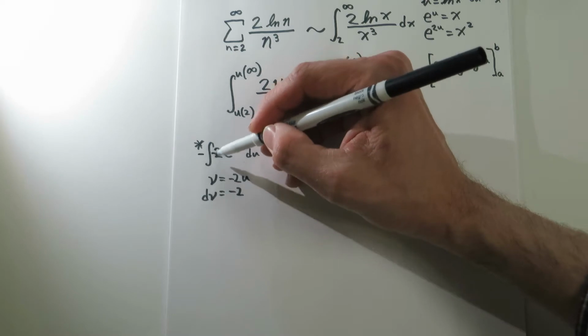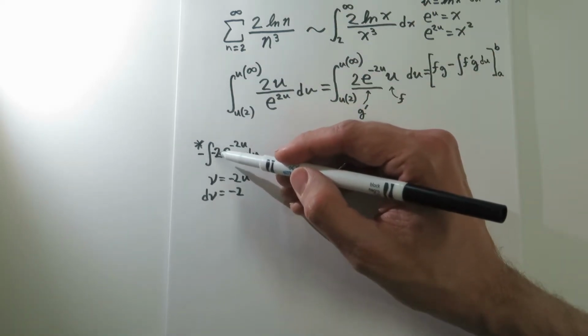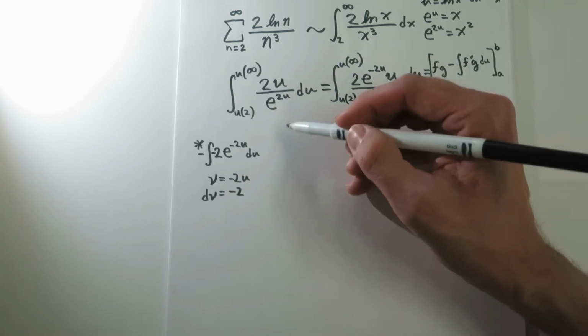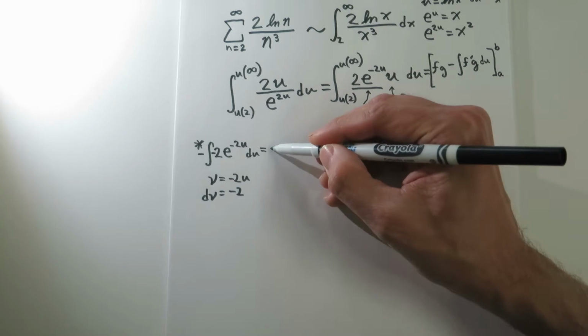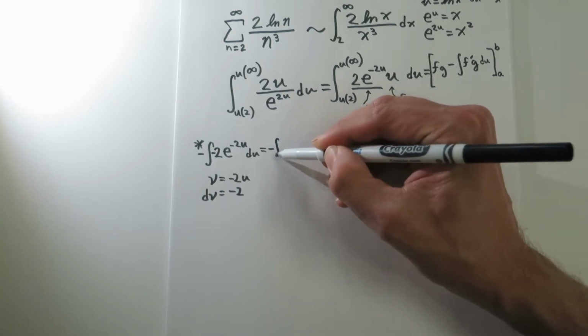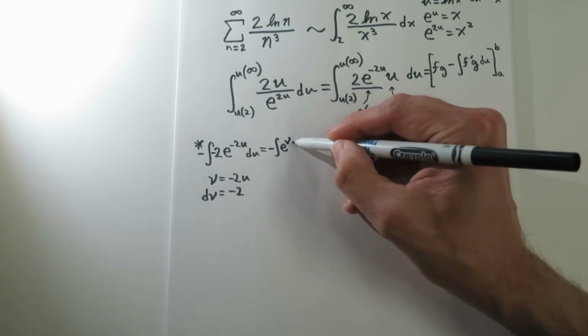The negatives would cancel out in the end, and then we could say that we have our dv here. So this is just going to equal the negative integral of e to the v dv,